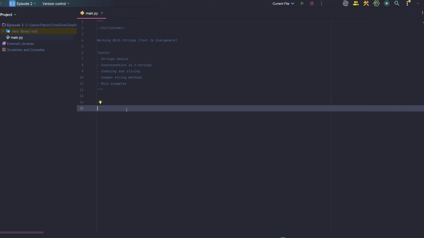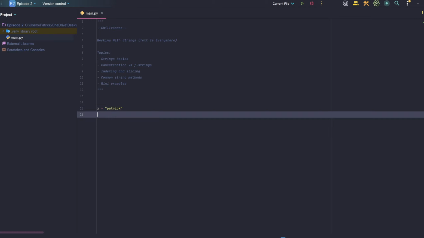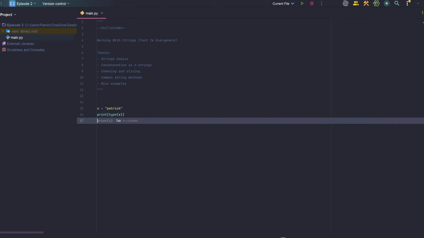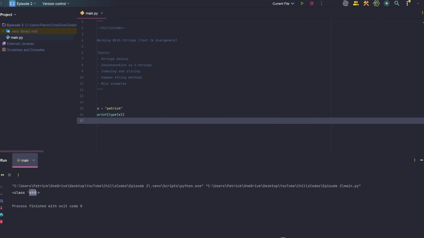In Python, we use the string type. So I'll show you an example. Let's say we have X, and we set it to Patrick. If I print the type of X, if you don't remember the last video, we worked with types. So if we print the type of that variable, we get class str, and str is how strings are defined